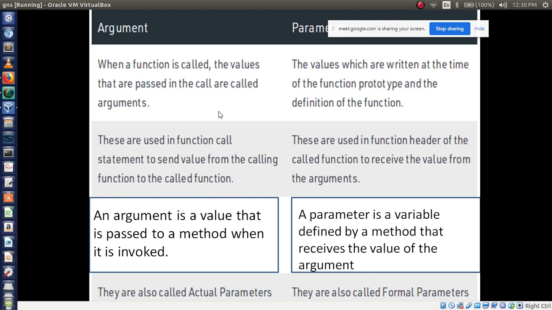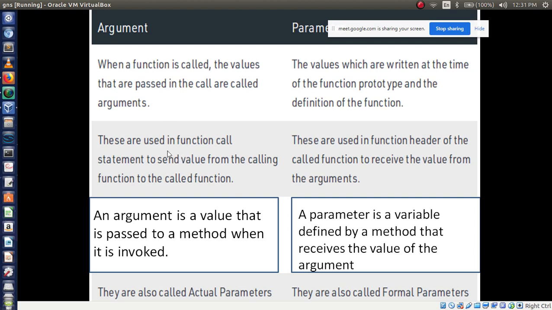Okay, so argument. When a function is called, the values that are passed in the call are called arguments. And the values which are written in the function prototype are called parameters.